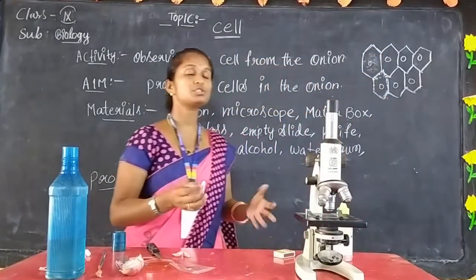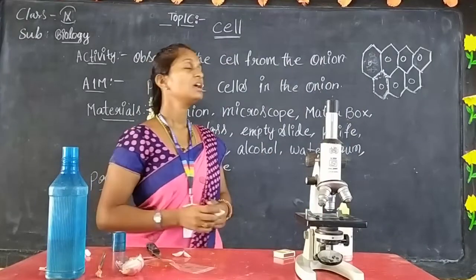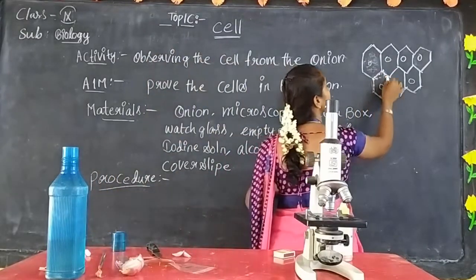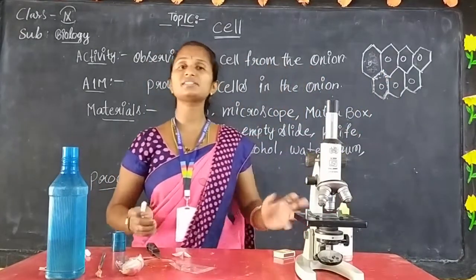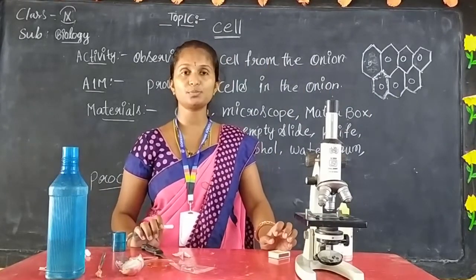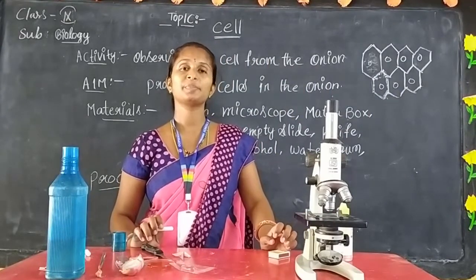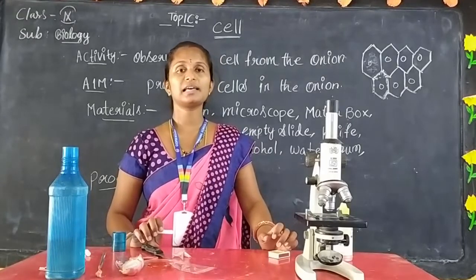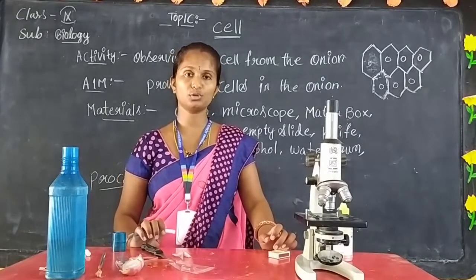Why the pale color, did we use iodine? No, not for that. Why? Because around it will be a thick color. Around the cells are cell walls. That's why it looks like a thick color. Inside, the cytoplasm, only fluid is present. That's why it looks like a light color of the iodine solution.